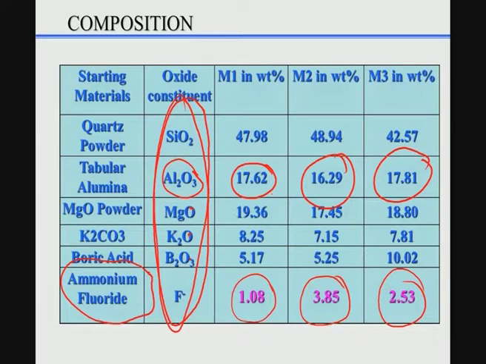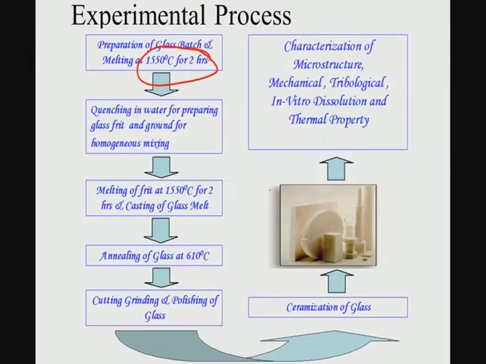So, in order to avoid this kind of pickup or contamination from the crucible, the platinum crucible, which is very inert and which can also sustain high temperature, is to be used for the glass melting, and that is used worldwide in most of the laboratories which prepare glass. Then you simply quench the glass in water to prepare the glass frit, and the glass frit means the chunks of glass that you will get. Then you grind it, and then you do an additional melting.